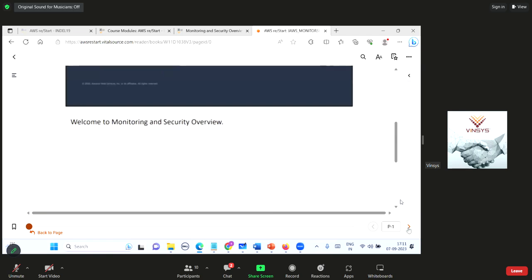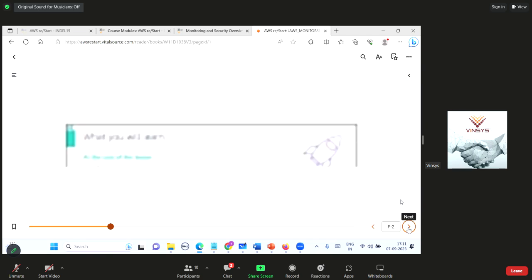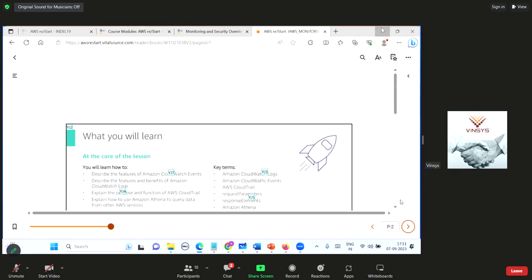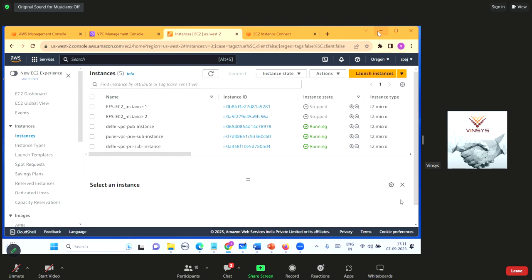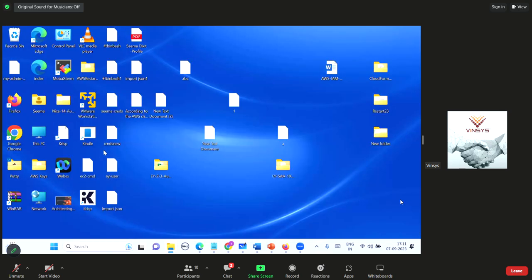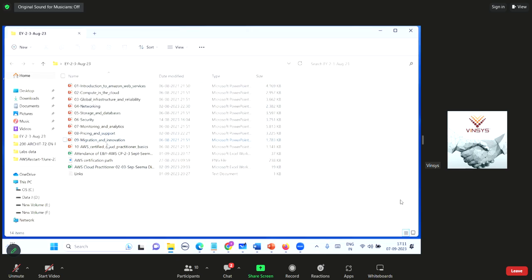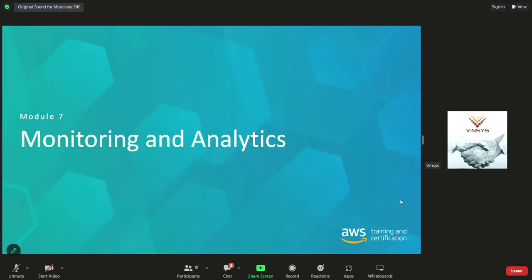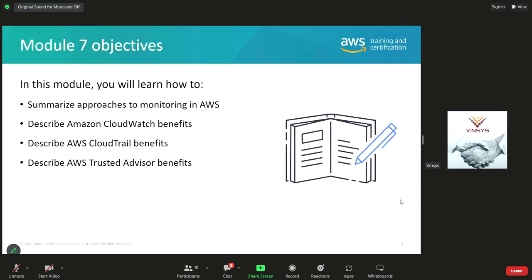Okay, so monitoring and security, again, not a new topic for us. We have already seen it earlier. So before I go for this, let us quickly go for my presentation at high level overview, and then we will come back here. Okay, so that you will have a good understanding, or it is just a revision, I will say. Monitoring and analytics. So 3 services, look carefully. These services, you can expect lots of question on these services on your Cloud Practitioner Essential exam, CloudWatch, CloudTrail, as